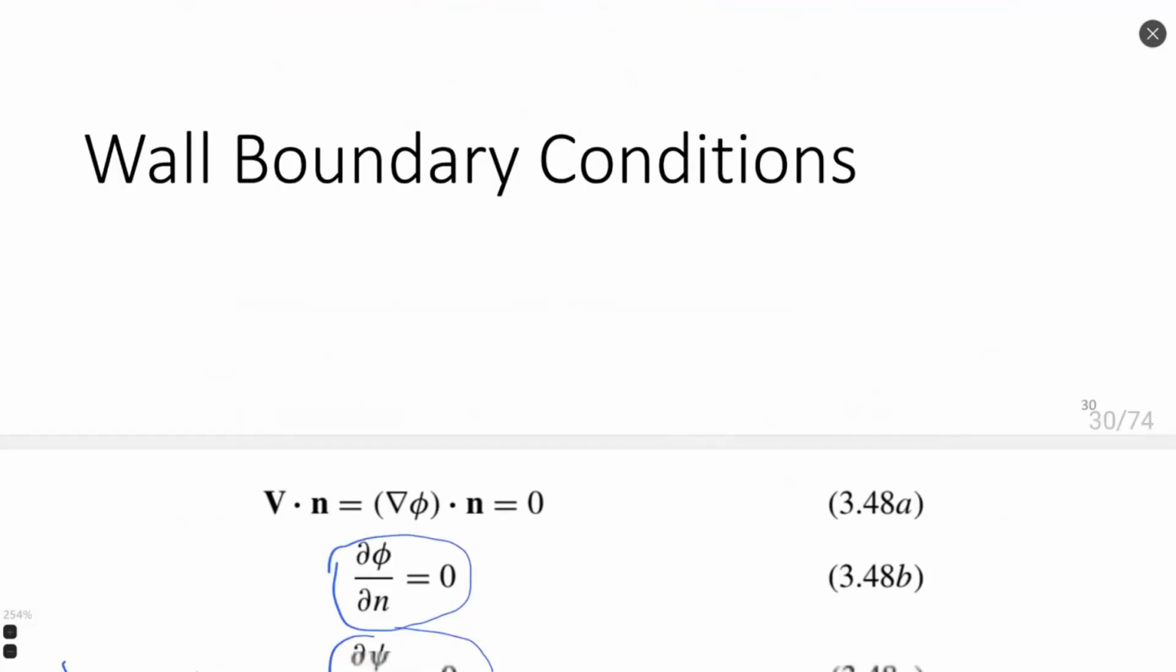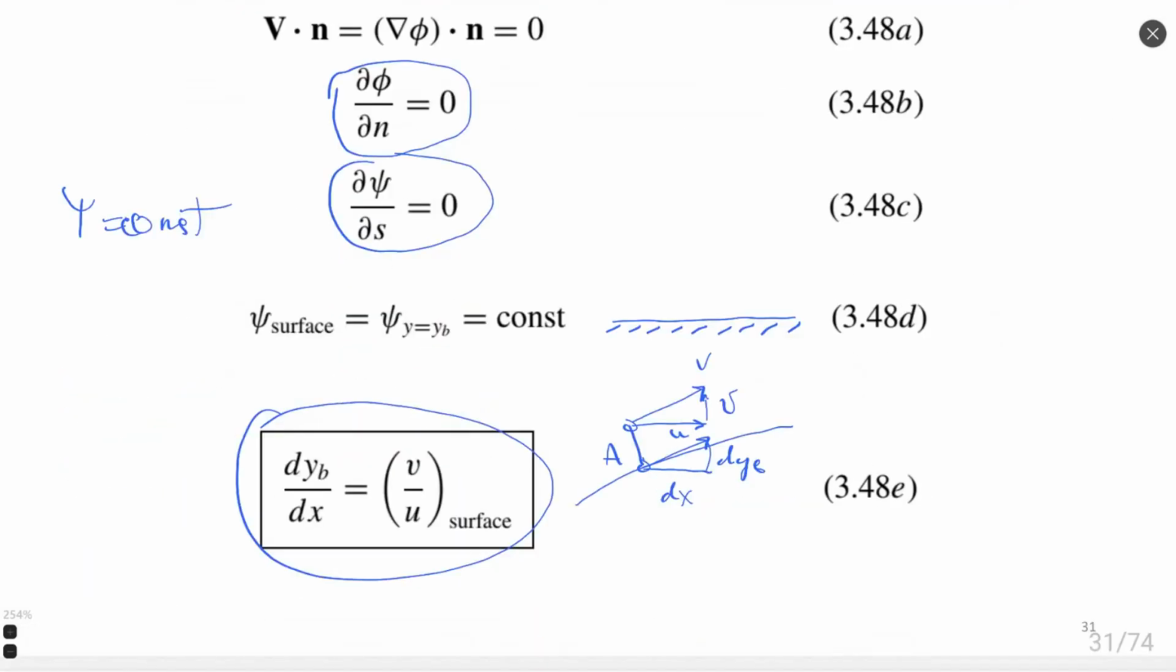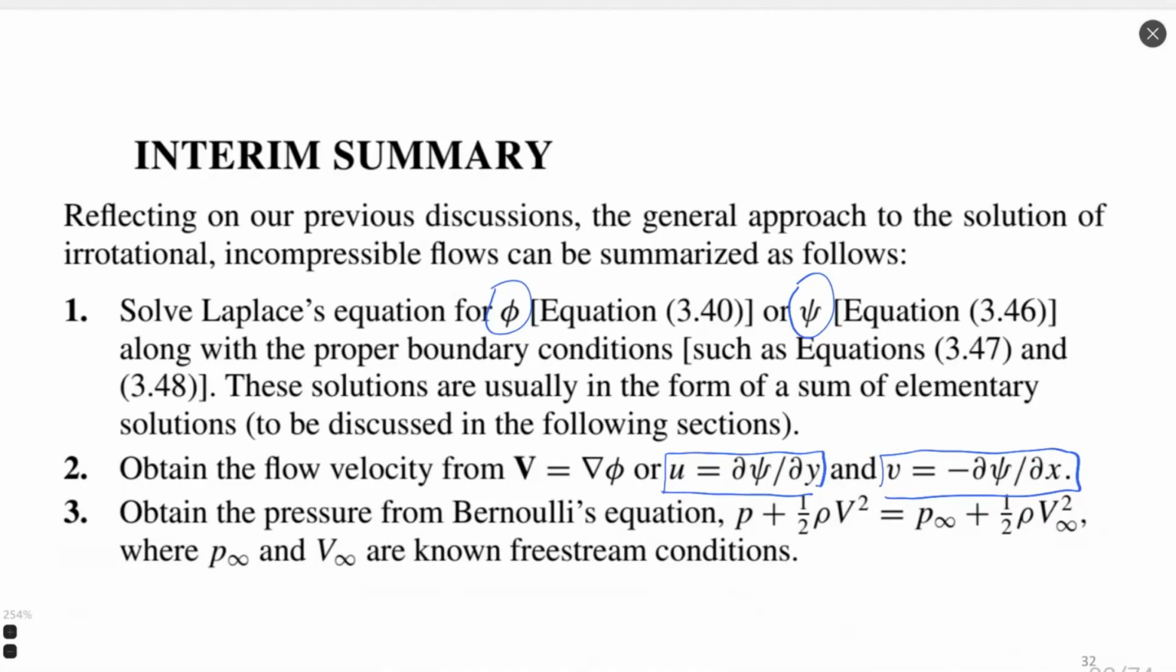The main task for us is to solve the Laplace equation with known boundary conditions, and then we obtain velocity components by taking derivatives, and at the end, applying our velocity components to the Bernoulli equation, we obtain the pressure distribution. So in schematic form, we may write the following: first we obtain phi or psi, the potential function or streamline function,